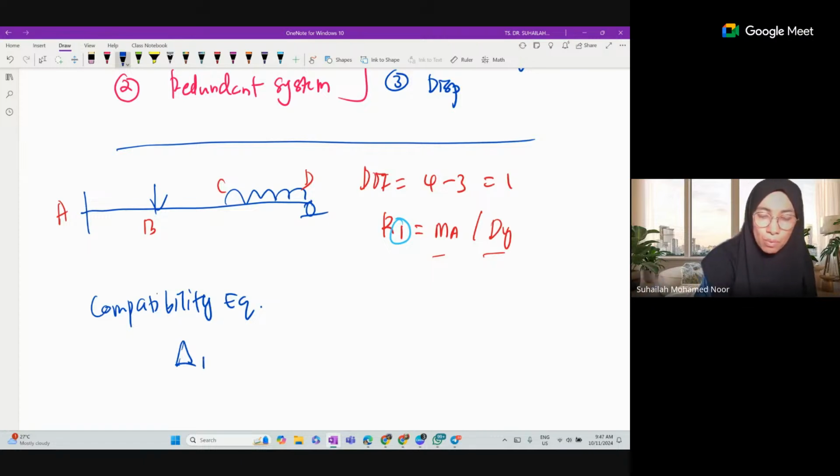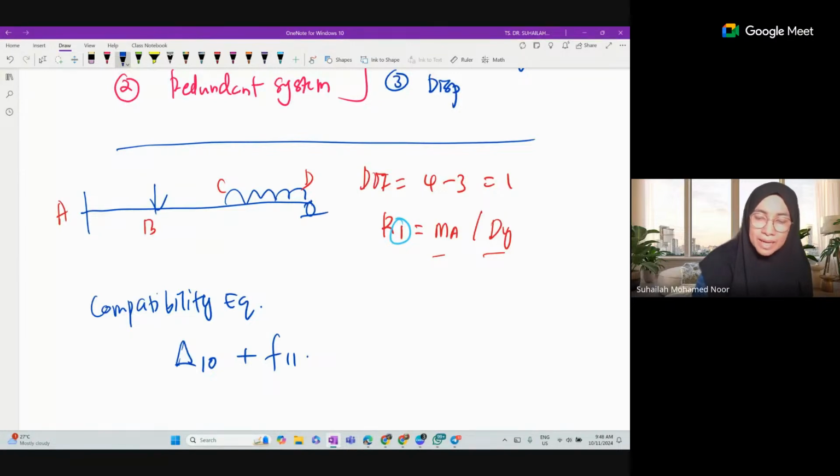So it becomes 1 not. Plus BB we change to 1, 1. Okay? To